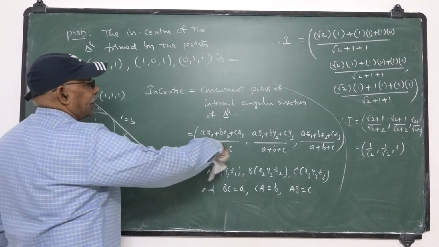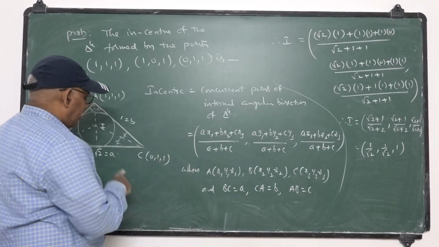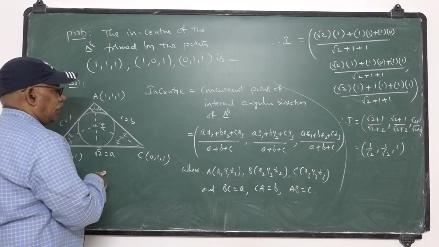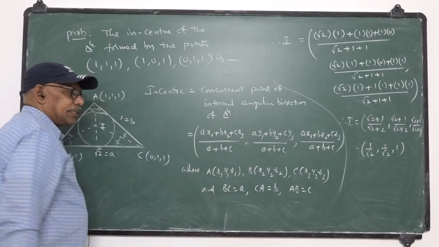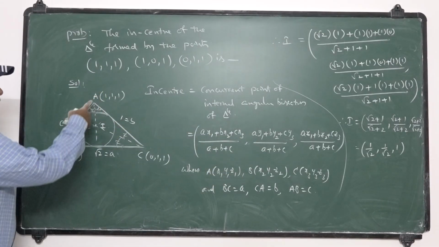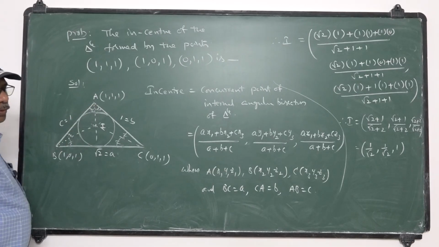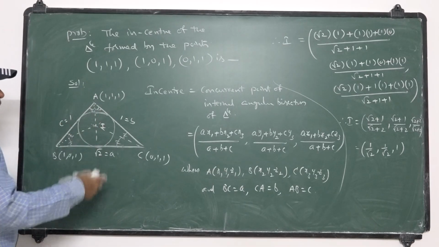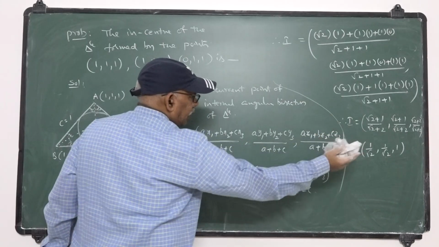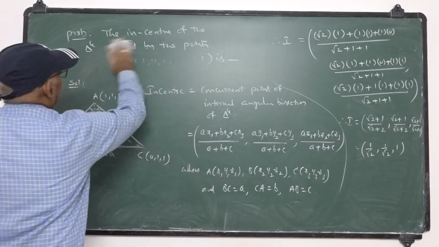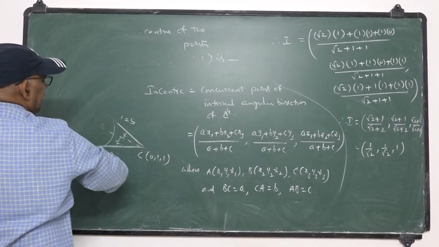So this is the formula for getting the incenter of any triangle. Once the vertices of the triangle are known to us, based on the vertices you can find the side lengths: length of BC, length of CA, length of AB. So once the vertices are given to us, the incenter of the triangle is obtained by that formula. Even in two-dimensional geometry, there is no z coordinate. That's all. So that is the formula for finding the incenter.